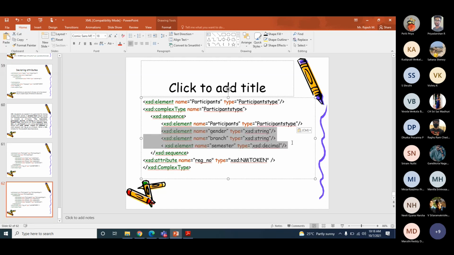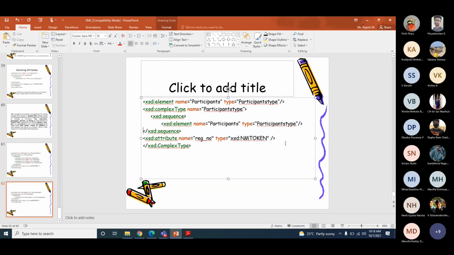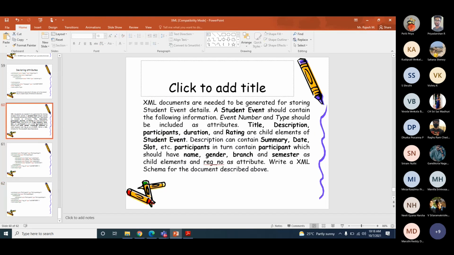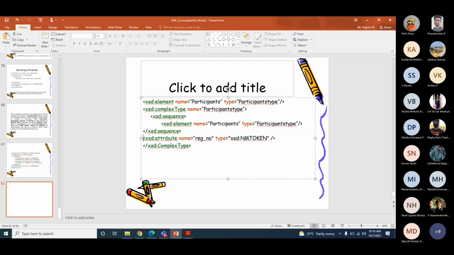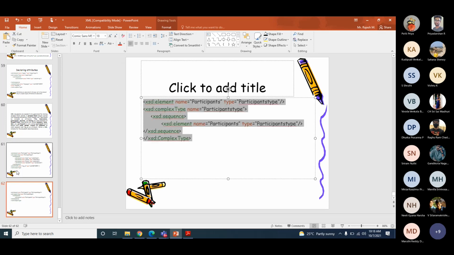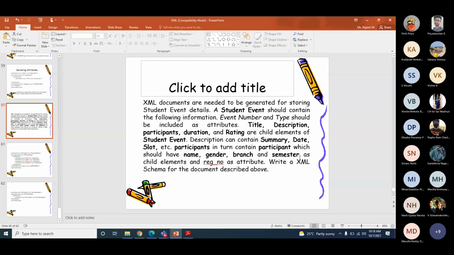No other elements or attributes. Is there any attribute that participants would contain? Okay, that line I can delete. This becomes your participants element. So two parts are done.